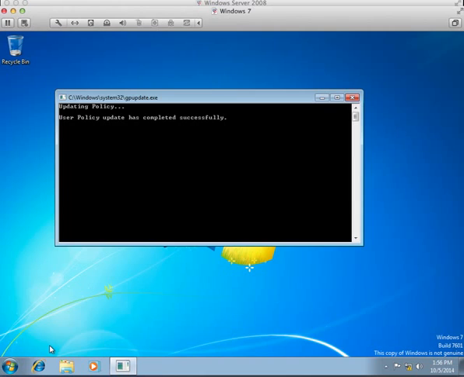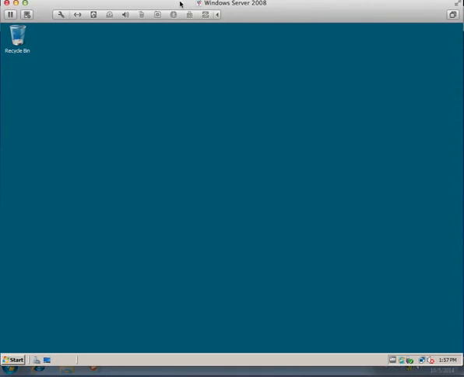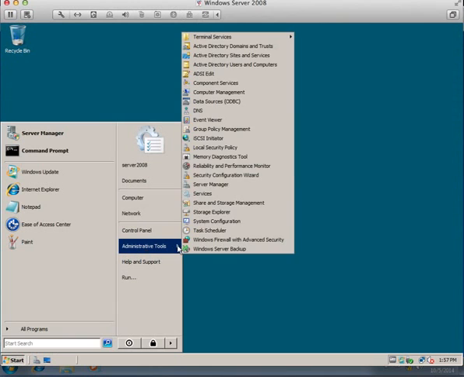And this now will pick up the group policy from our server and apply it to my logon. As I said, you could just log off and back on, and it probably would pick up a new policy. So now if I go to start, and if you notice, between computer and devices and printers, it's gone. So now what we've done is we've successfully removed control panel from any user in the admin staff view that logs on. If I go back to administrative tools and group policy management,